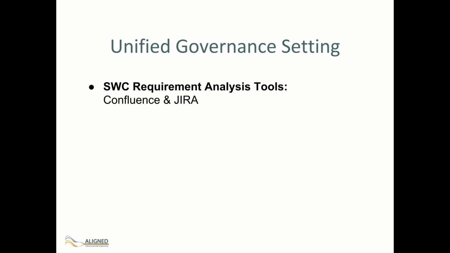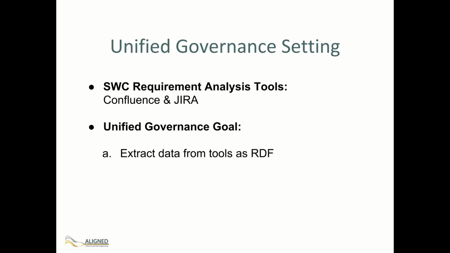To organize the process of requirements collection, feature specification, and tracking of changes, Semantic Web Company uses the Atlassian tools Confluence and Jira. The goal in the aligned governance use case is to express the information managed by these tools as RDF data using the aligned meta model. This will enable us to query requirements and issues in a standardized way by using SPARQL and to easily combine